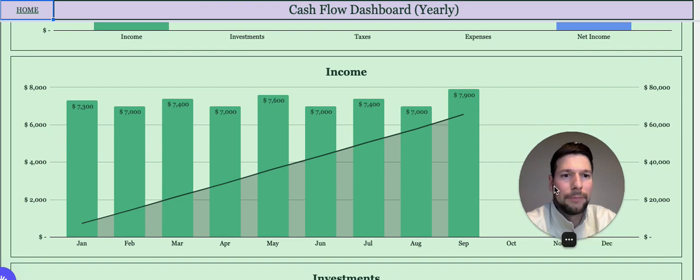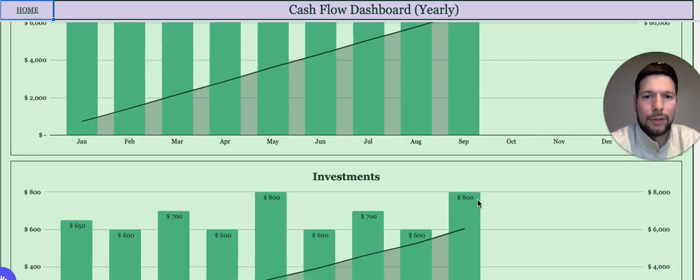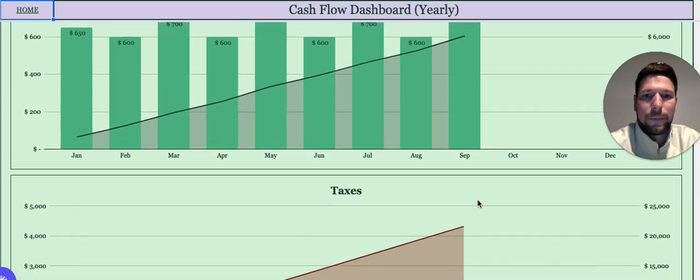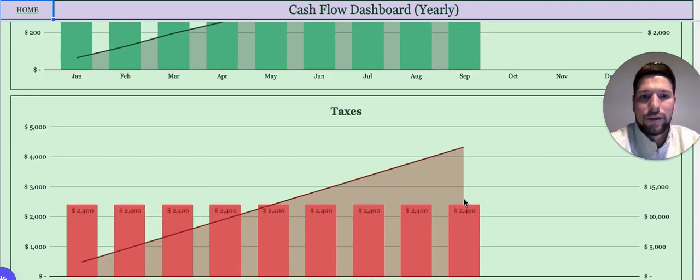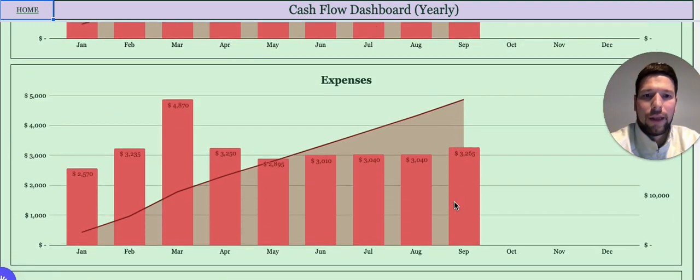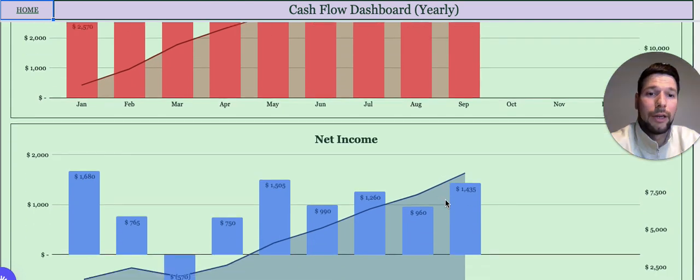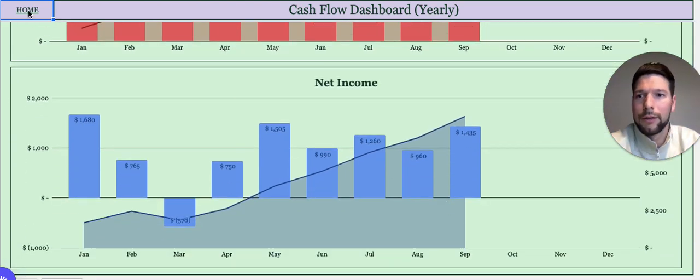So just to give a quick example on this, this shows in September I made $7,900, but the full year up through September I made, call it roughly $65,000. And all those charts will exist as well for investments, your taxes, and then your expenses as well, and your net income down at the bottom. And if we go back to the home page,